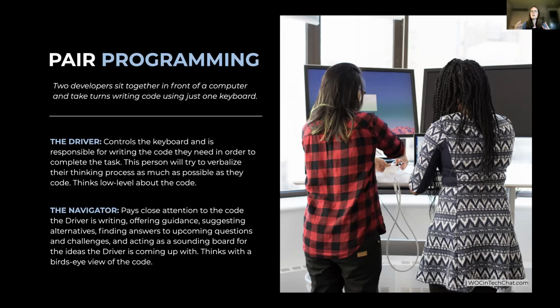a bird's eye view. It's a little hard sometimes, especially if you're digging into something particularly technical or logic heavy, to see both the close-up view of the code you're writing and also the bigger picture of where that might trickle out and affect other parts of the code. So having individuals who each have a responsibility for one side or the other is a really nice benefit of pair